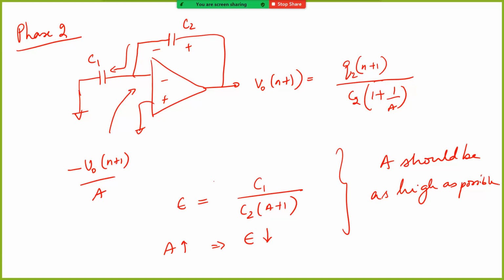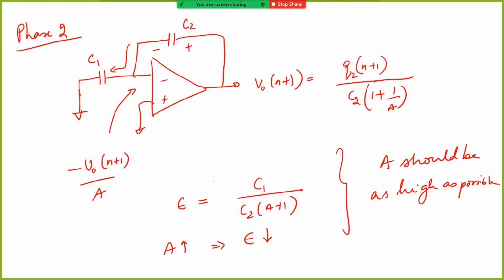Okay, even if your gain is not very high, things are not going to literally break apart. Okay, but then it is always good to have a higher gain, because there will be some distortion happening in the ADC, and that distortion will be reduced by the open loop gain and other things. So all these things, especially the DC gain and other things, are quite important. Okay, so you try to design an op amp with as high a gain as possible, and that will give you the best possible results. All right.